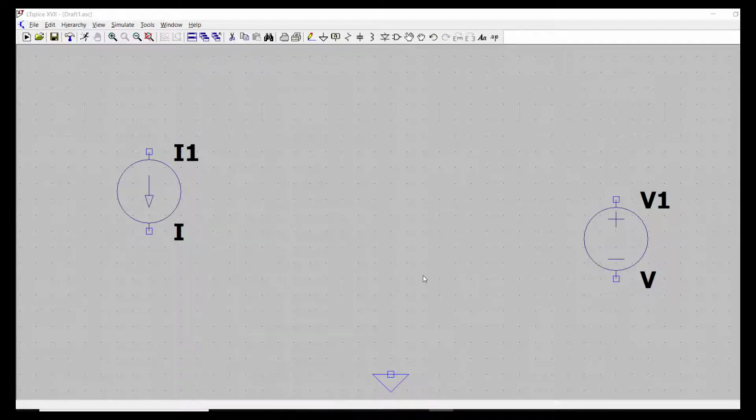In this tutorial, we will see how we can use LTSPICE to generate an IV curve for an NPN transistor. To start off with, I've already placed a few components on the schematic, a current source, a voltage source, and this ground symbol here. To find the NPN transistor, go up to Component